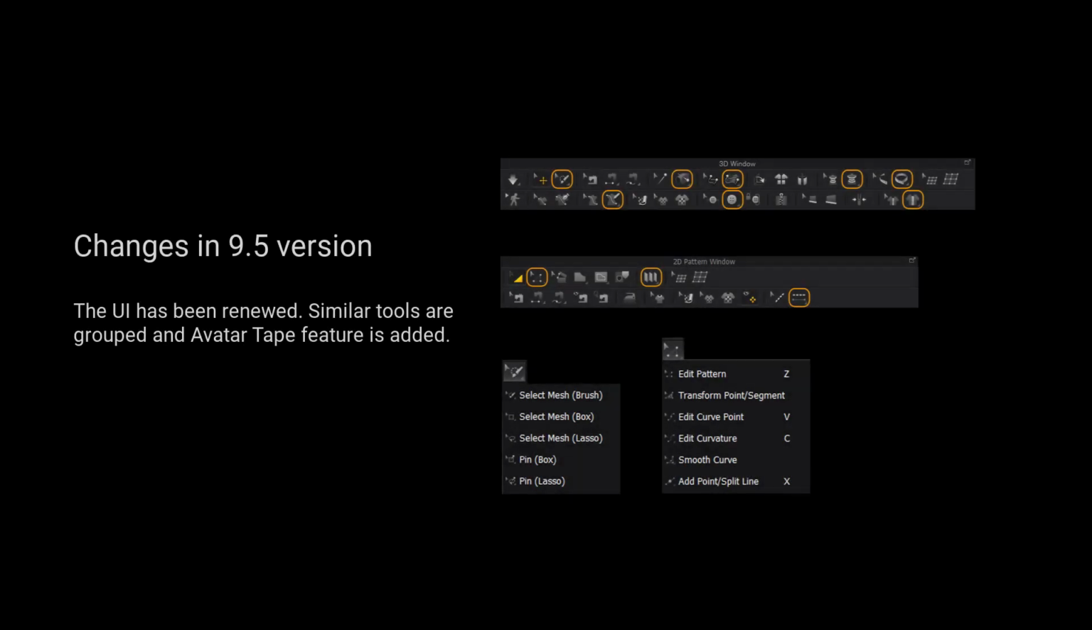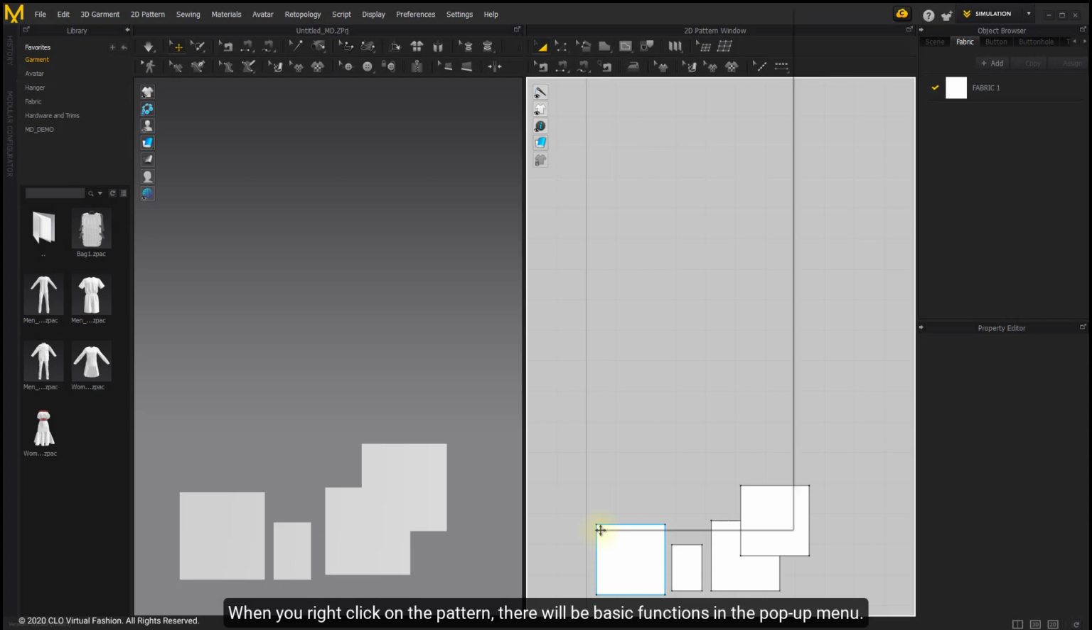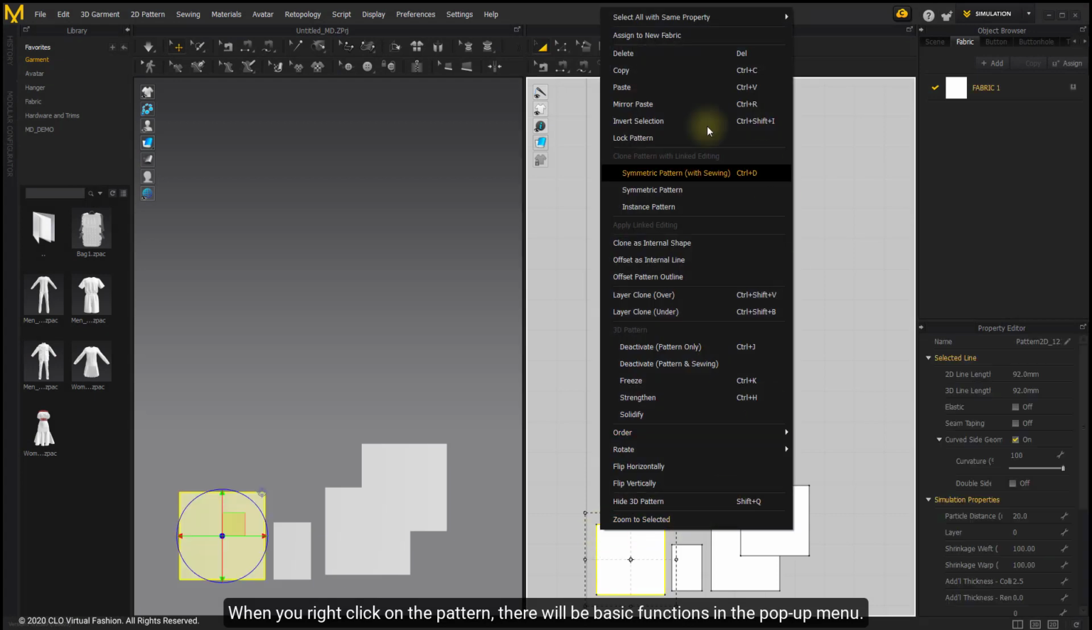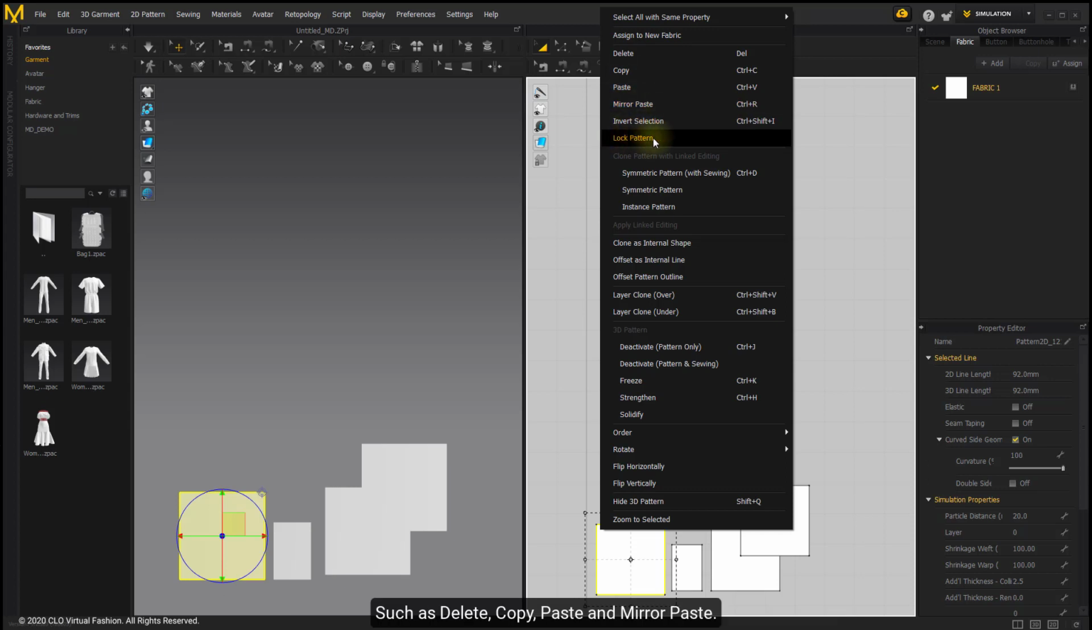Please kindly notice that the UI has been renewed. Similar tools are grouped and after tape feature is added. When you right-click on the pattern, there will be basic functions in the pop-up menu, such as delete, copy, paste,